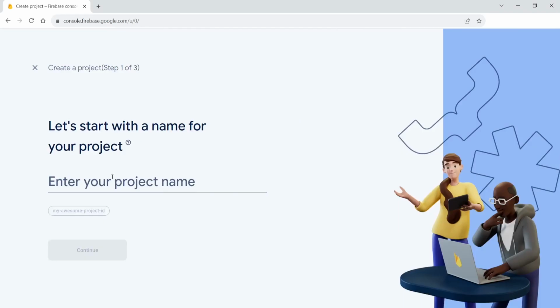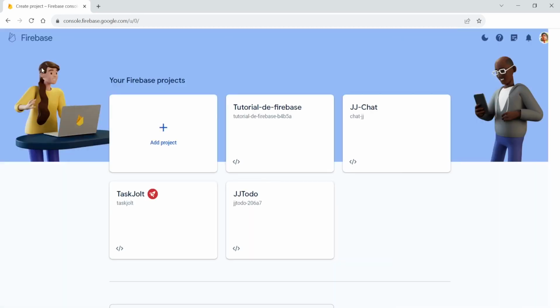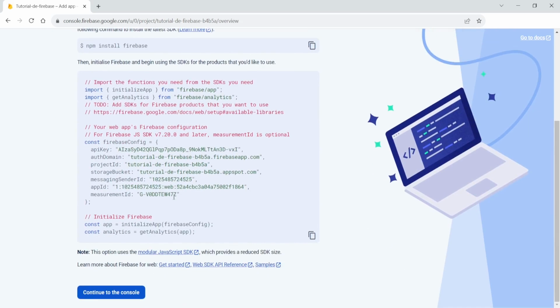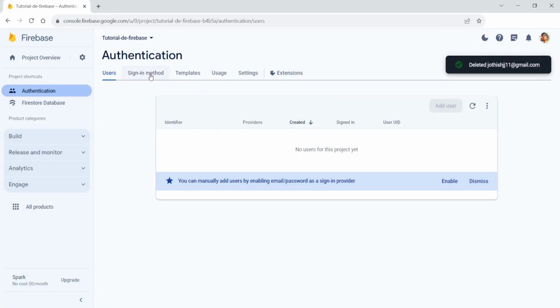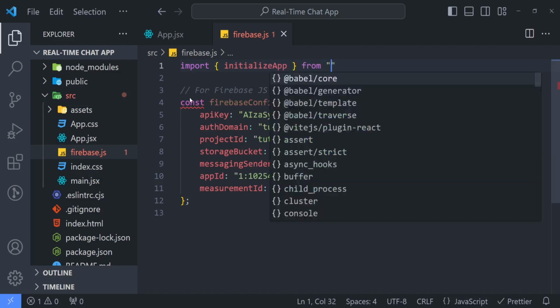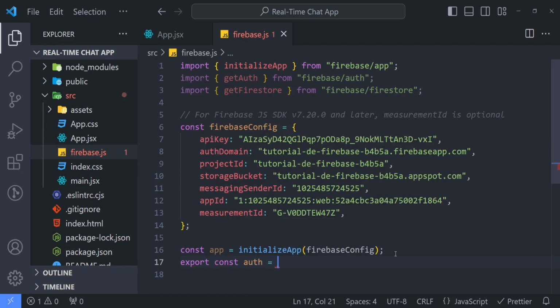The first step when using Firebase on any website is to create a new project in the Firebase console and then create a web app within the project. Once you have that done, you will get a Firebase config object which is safe to expose in your front-end app. You should also enable authentication with Google and also add Firestore. I will initialize Firebase, export an auth and a Firestore variable, which are just the functions for enabling them in the web app.